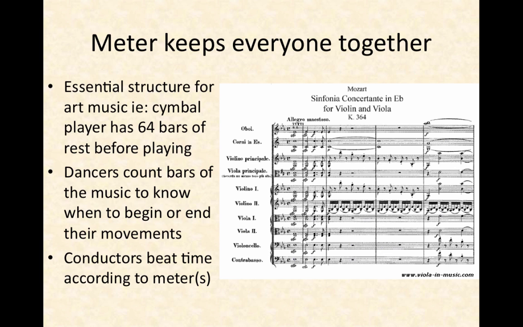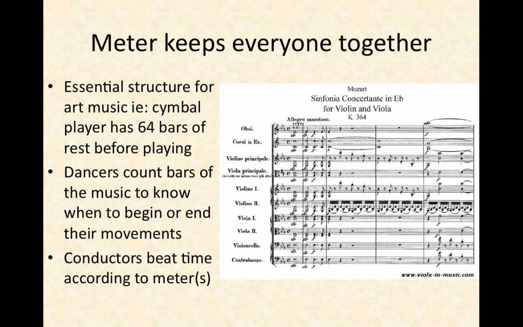And at the bottom, that is beat 1. If you ever go to a dance concert or watch any kind of street dancing, there's choreography that happens together. When they move up to the top, that's beat 2. And this is sort of like a J stroke. Down, up, down, up. And so the dancers know exactly when they're going to start, and they count bars of music to know when to begin or end their choreography. The last beat in the measure is called the upbeat.